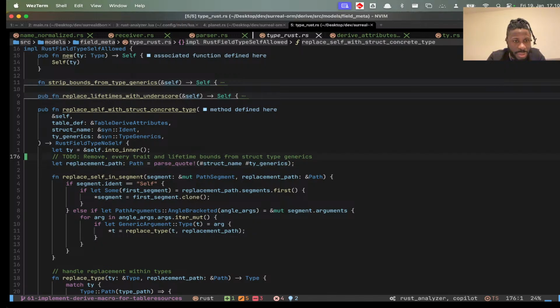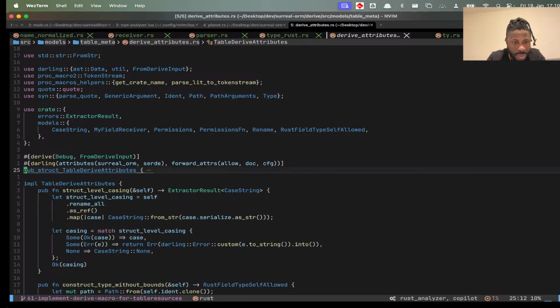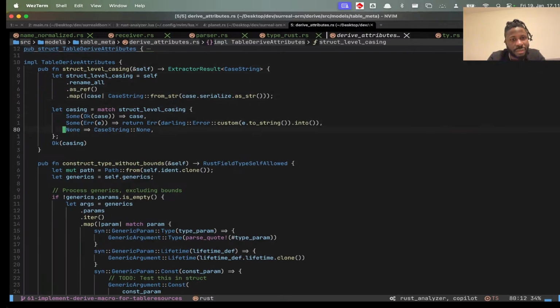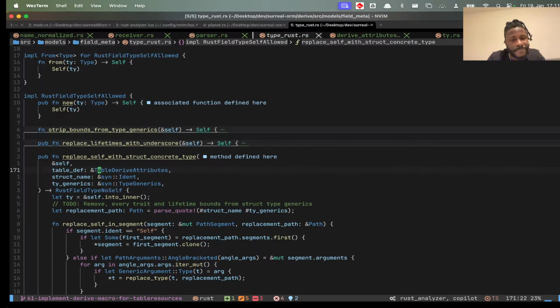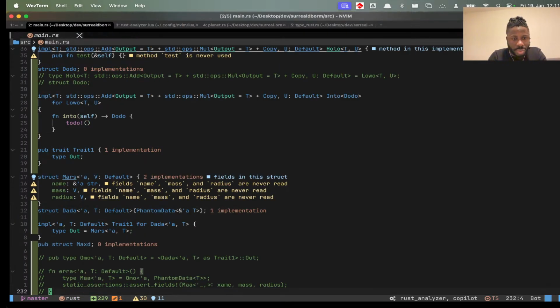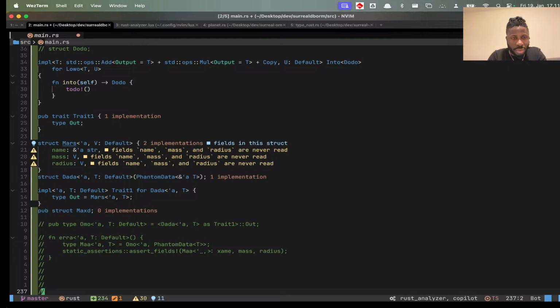So what we're gonna do is take this and go to the implementation and construct type without bounds. Do I already have it? I'm just thinking. Replace self with concrete structure. Yeah, we can't have trait bounds within field allowed. I'm not sure. I don't think so. Like